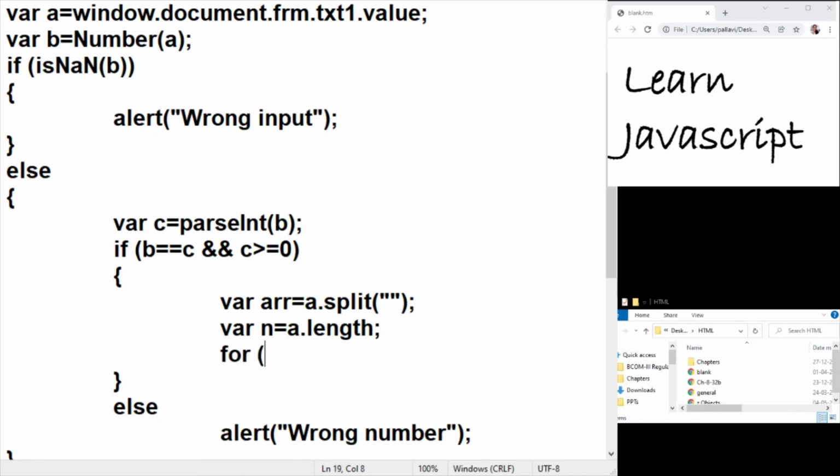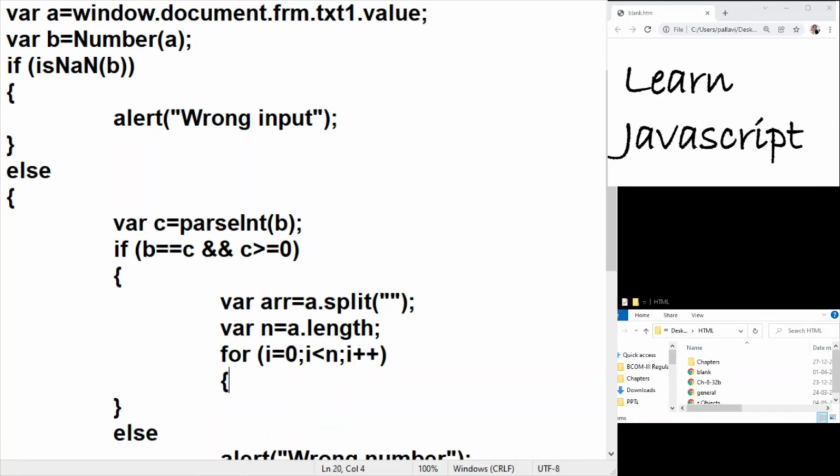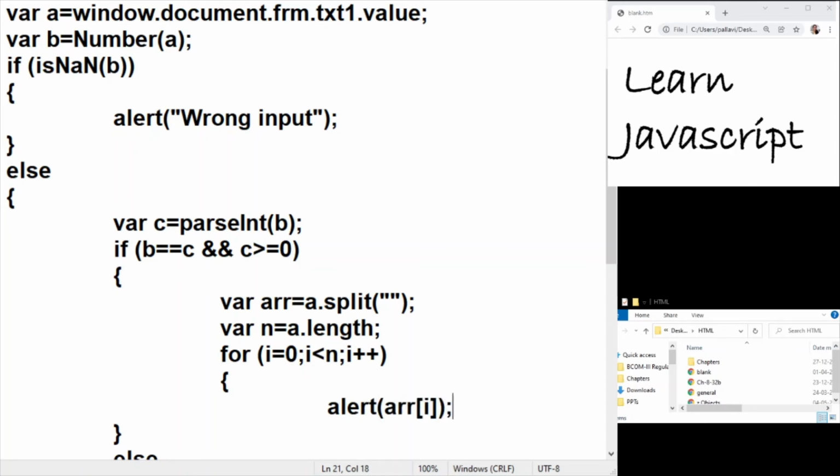And then finally, you will write your for loop to simply extract each of the elements from the ith position. So in the array, I'm going to just extract these values and print them.